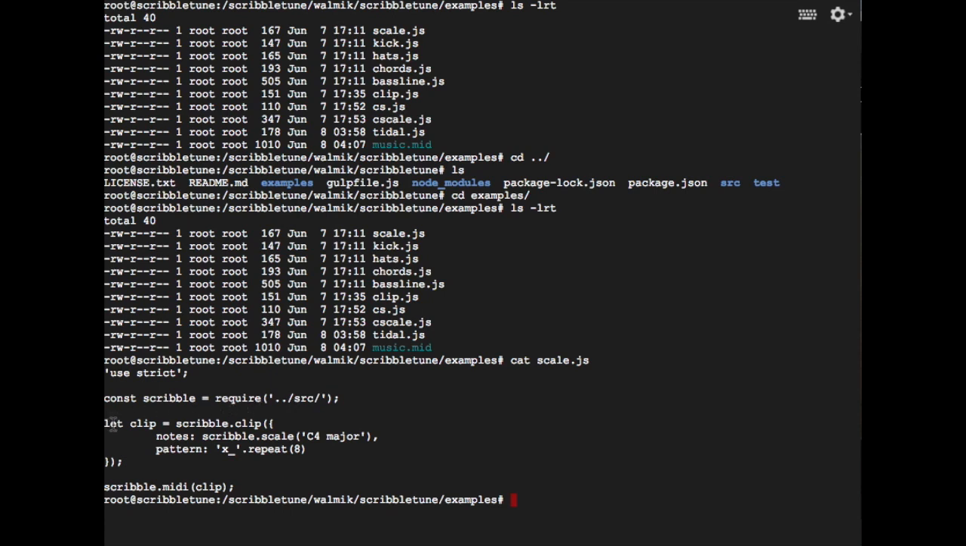And then here we're going to create a clip, and then we're going to go down and there's a couple arrays. So the first array is notes. So here is a scale. They already give you what the notes are in a scale. You just need to tell Scribbletune what scale you're doing. In this case, if you're familiar with music theory, C4 major is the scale, and then a pattern is